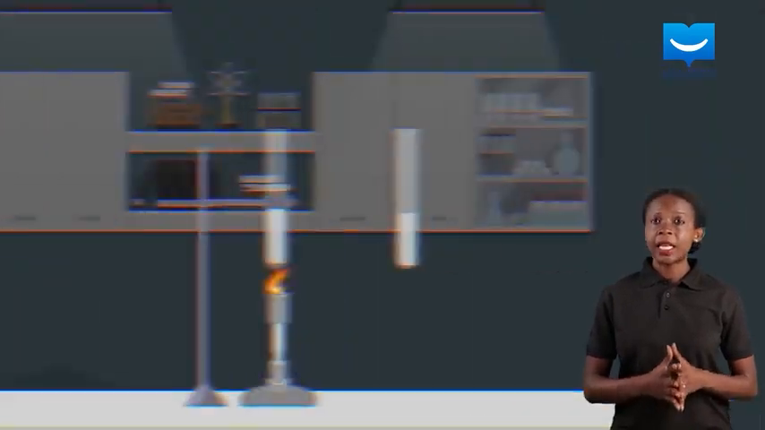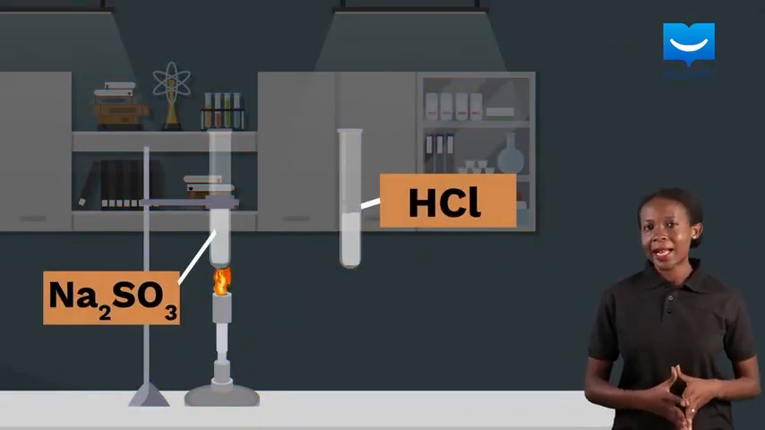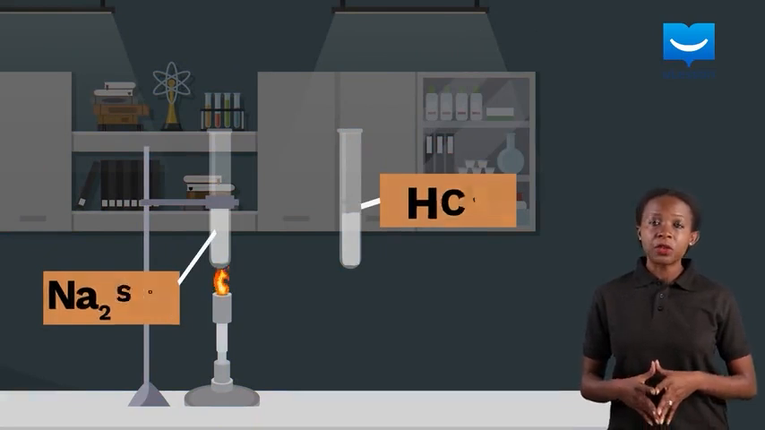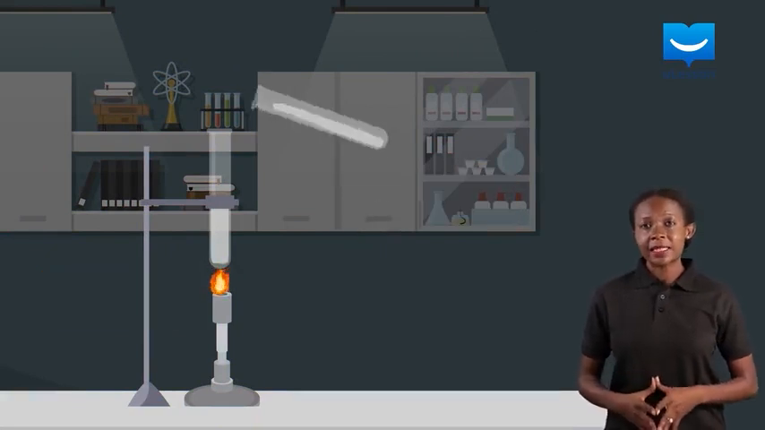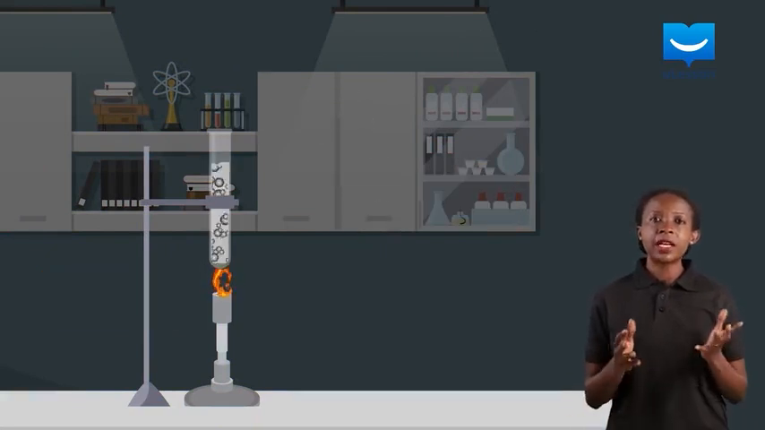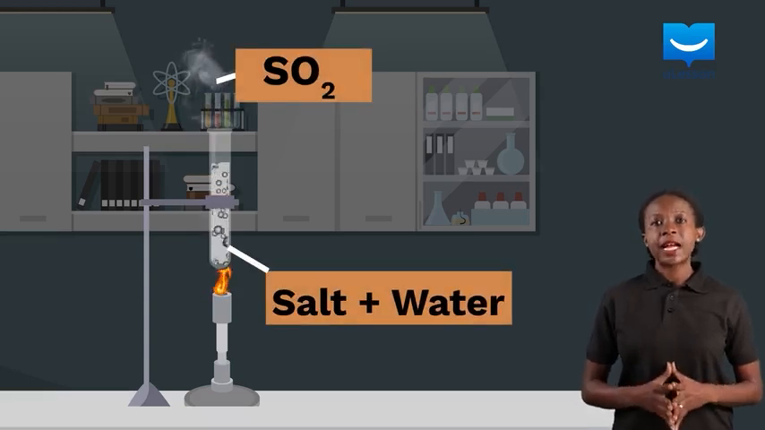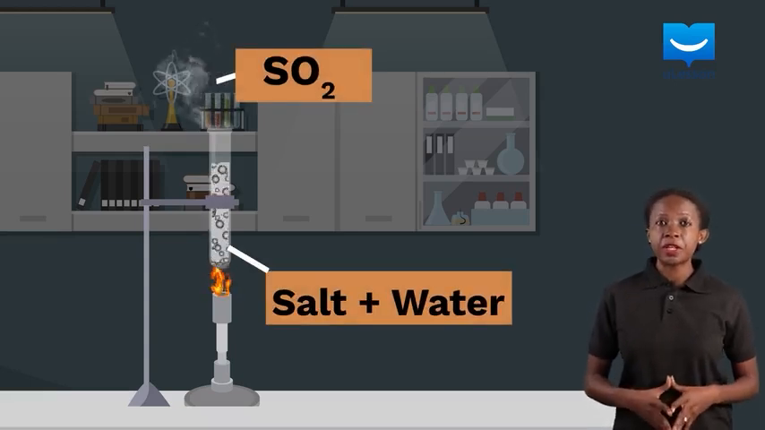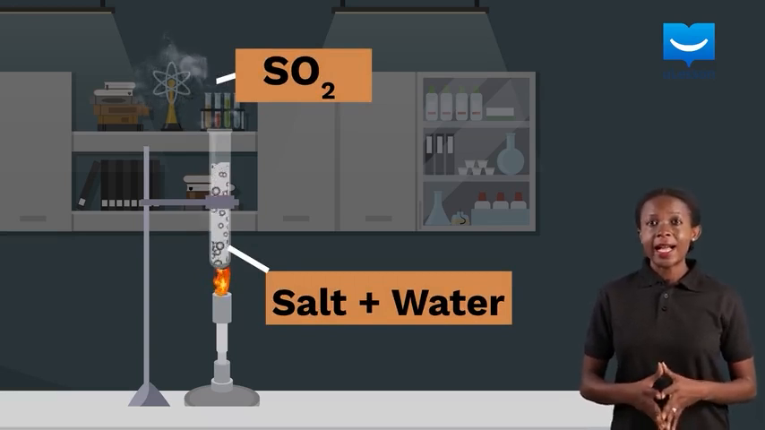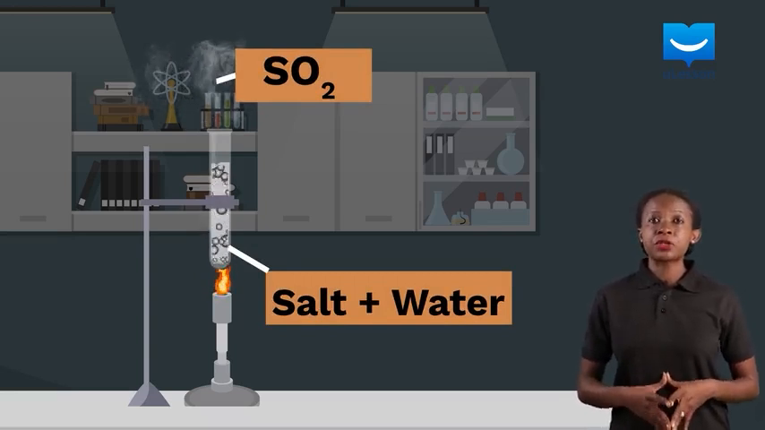For example, if a mixture of concentrated hydrochloric acid and sodium trioxosulfate 4 is heated in a flask, you will observe the liberation of a colorless gas, which is sulfur 4 oxide. This reaction is used in the laboratory preparation of sulfur 4 oxide, as explained in our lesson on laboratory preparation